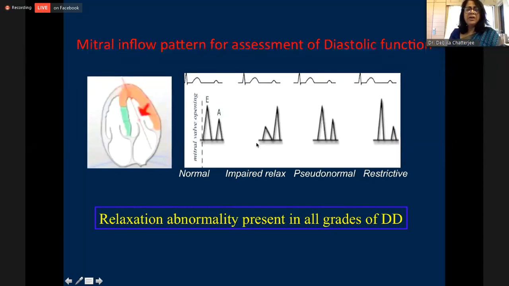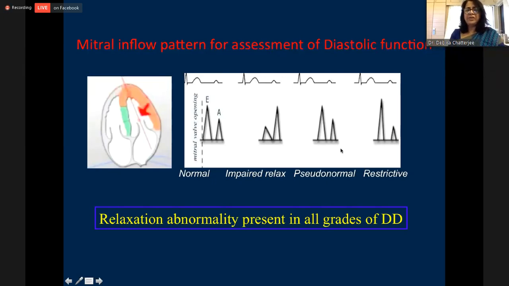Now, as the relaxation abnormality sets in, the E wave becomes smaller than the A wave. As the diastolic dysfunction advances, LA pressure rises, and the E wave becomes taller than the A wave. Over a period of time, further advancement of diastolic dysfunction takes place. LV becomes non-compliant, LA pressure greatly rises, resulting in a very tall E and a small A, and this is called